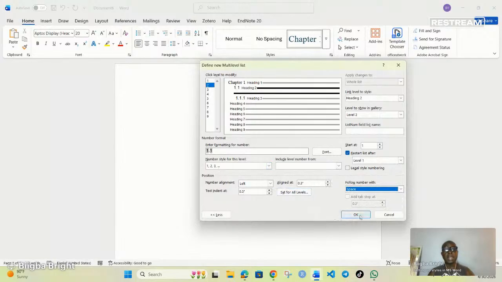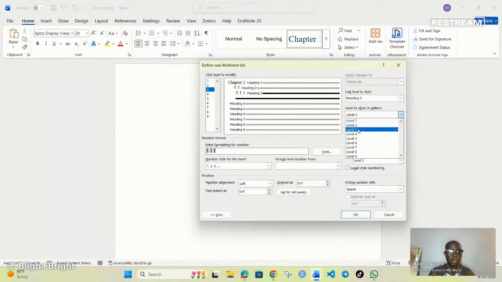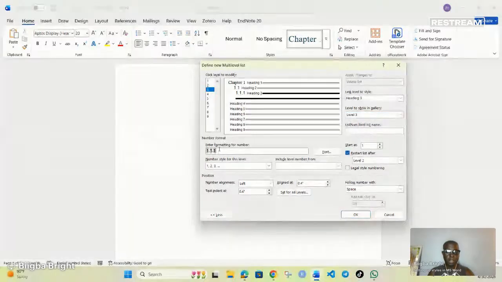But we have another level, and that level is 3. So come to this side and click 3. So from the 3, we are coming here to look for level 3. And then from here, you notice that it has already selected 1.1.1. But obviously, you will not have seen that. Maybe this place would have been empty like this. On your computer, it will be like that. So what we normally would do, we come here